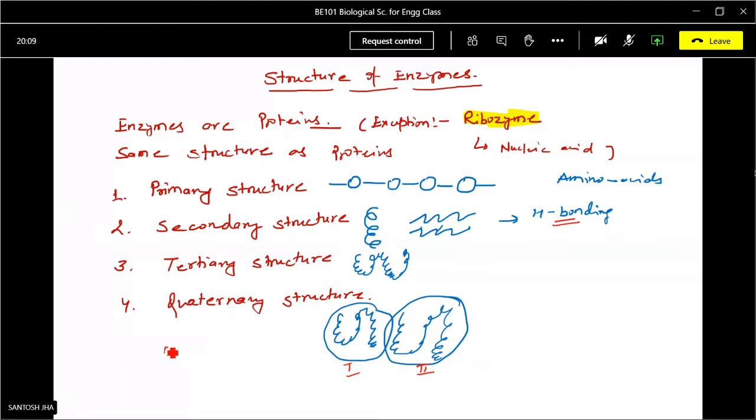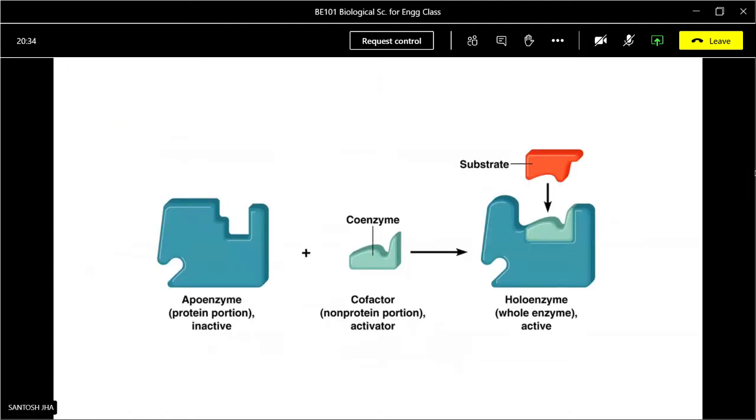When the quaternary structure is present in any enzyme, it is known as oligomeric enzymes. And if the structure has only the tertiary structure level, then it is known as monomeric enzyme. Okay, so basically in the structure of enzyme, as we know, there is some proteinous component,